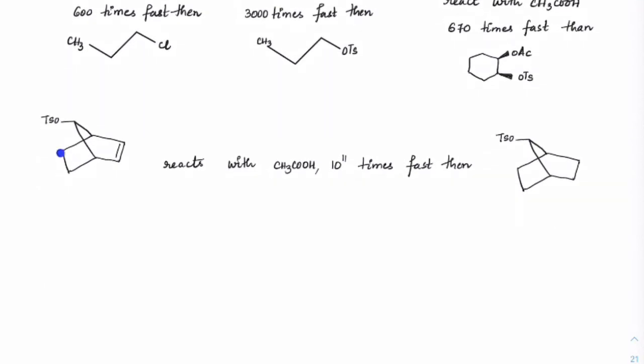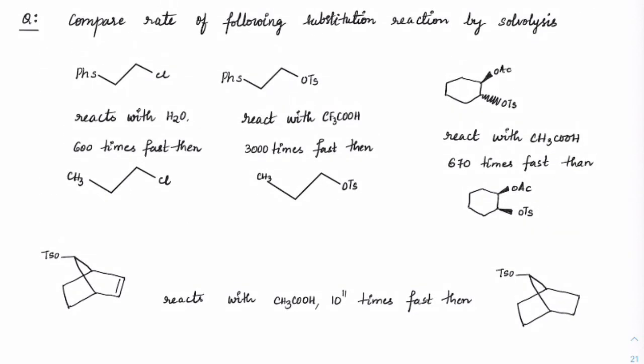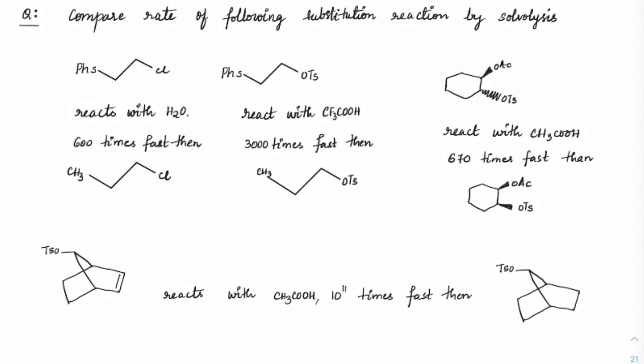In fact, if you check this in bicyclo compounds, if OTs is present on this side with respect to this double bond, on this exocyclic bond, with and without the double bond makes a difference of almost 10 raised to the power of 11 times. So that's huge. So definitely there is some kind of an assistance which is happening, because of which this reaction is going this way. Okay. So first make a note of this data, then we'll go ahead. In which case it is happening faster, just make a note of that.